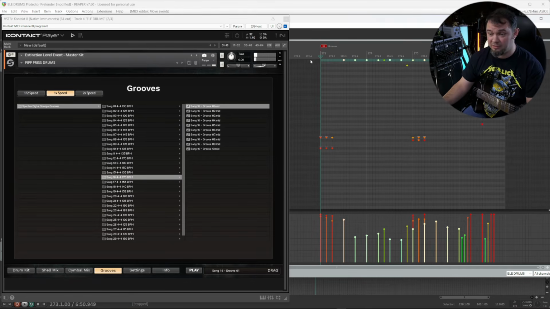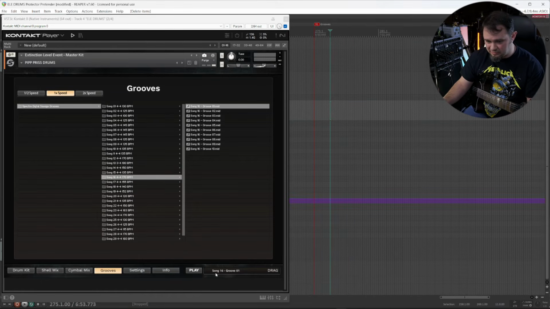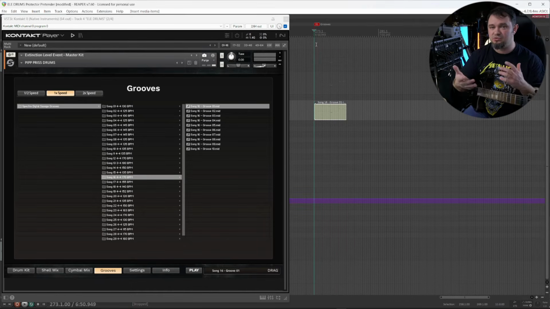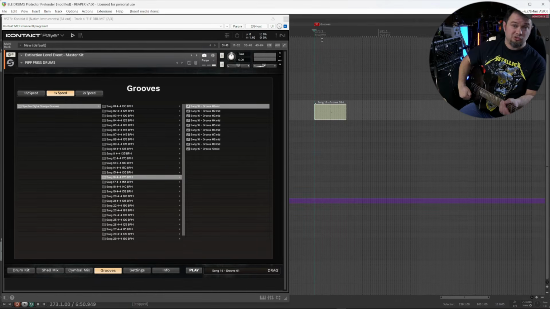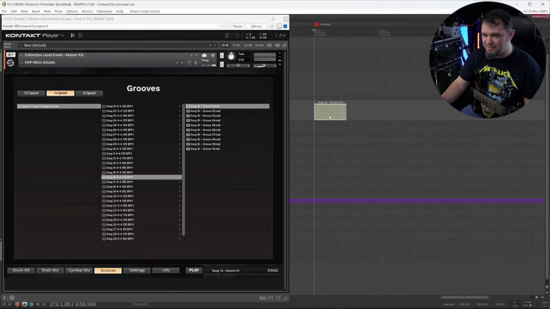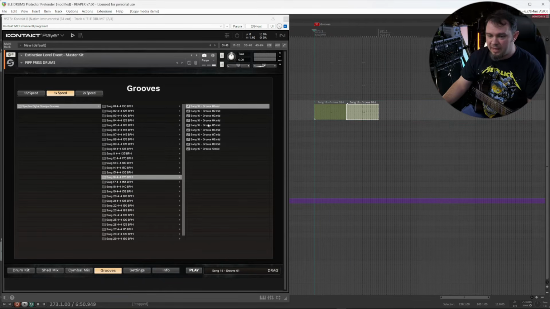And then maybe do something like this. Of course, this is just an example. This does not sound good to me, so I'm just going to delete that, re-drag that back into here. I just want to show that you can use this as a starting place for your drum programming adventures. I want to have this groove twice because that is a nice intro part, and then